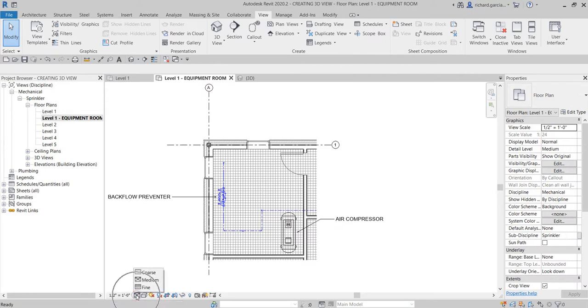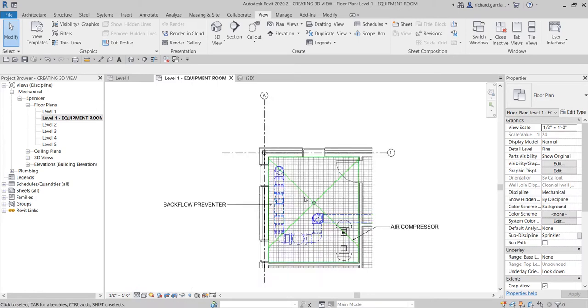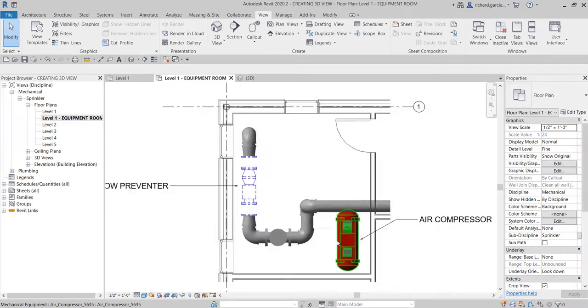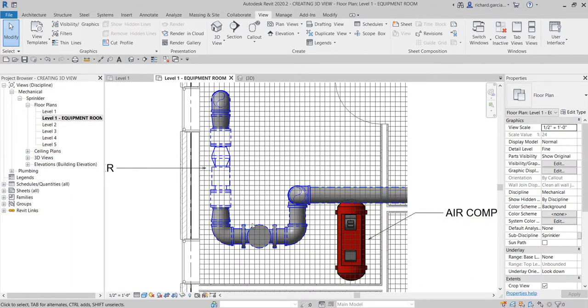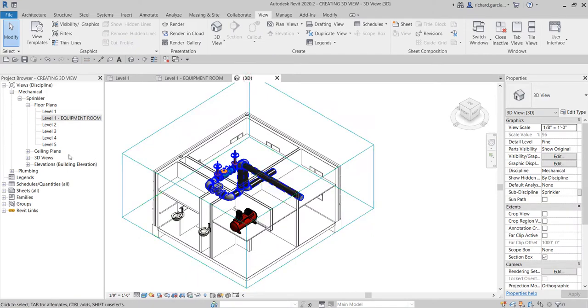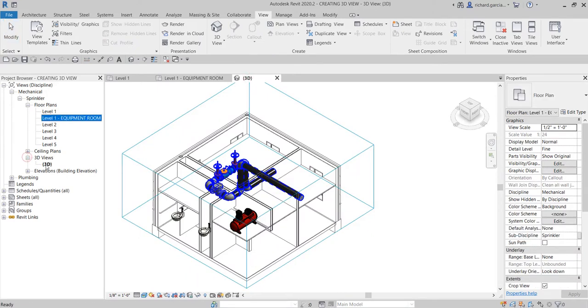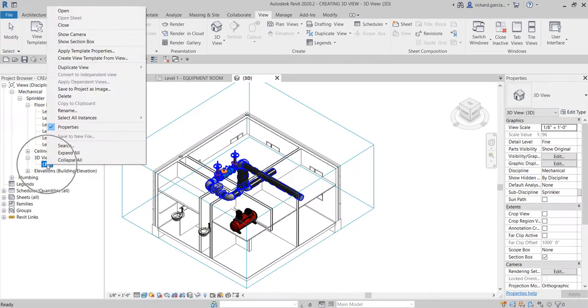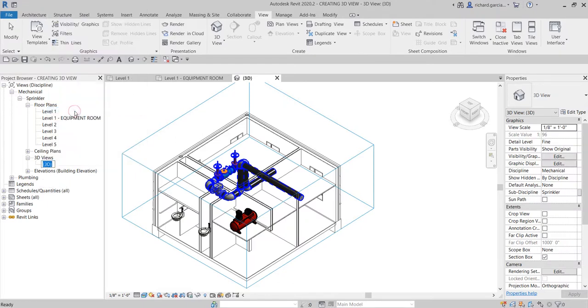I'm going to change the detail level. So instead of medium, I'm going to make it fine so I can see my model here. So I can also type SD for shaded view, and it is going to look like this, right? So here's my 3D view. So I'm just going to rename this. So right click, rename. This is going to be my 3D isometric